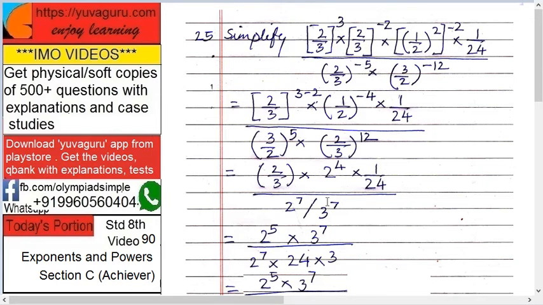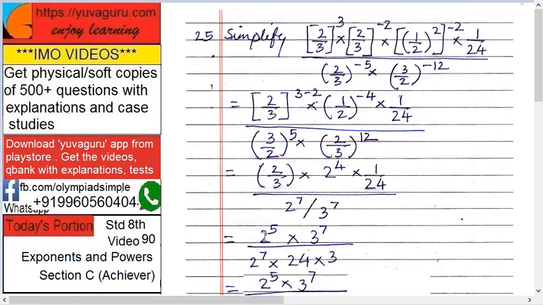Okay, now keep the denominator for some time as it is. Check only the numerator. Okay, what is it? 2^2 upon 3 into 2^4. So 2^4 into 2 is what? 2^5. Okay, and 24 and 3, keep it as it is for now. Now let's solve numerator and denominator together.